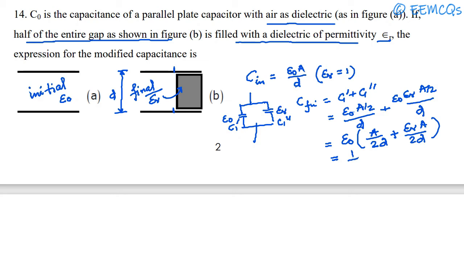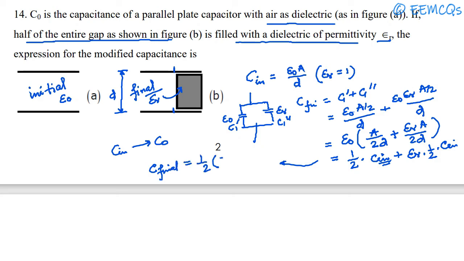So this is 1 by 2 into C initial plus epsilon r into 1 by 2 into C initial, which is here given to be C0. So from this we can write, C final is equal to half into C0 plus epsilon r into C0,